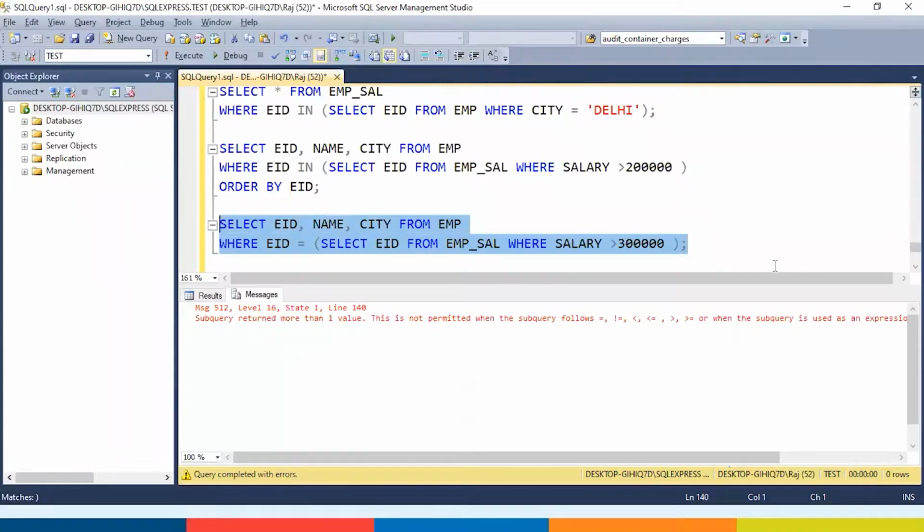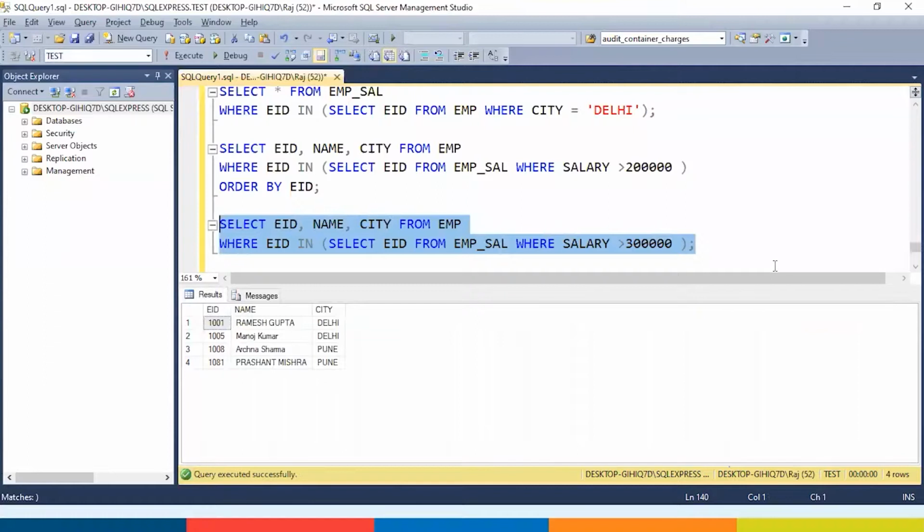So if your inner query is returning more than one record, then you should always use in. So it is better to use in rather than equal to, right? And in this case, it does not matter whether the inner query is returning one record or 10 records. So this is a rule.